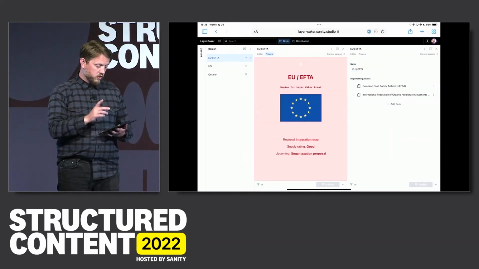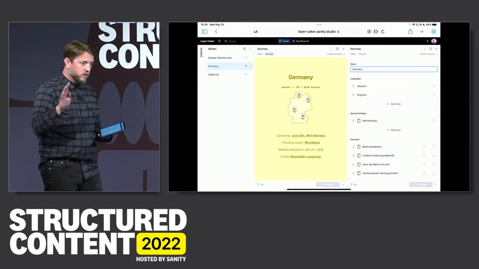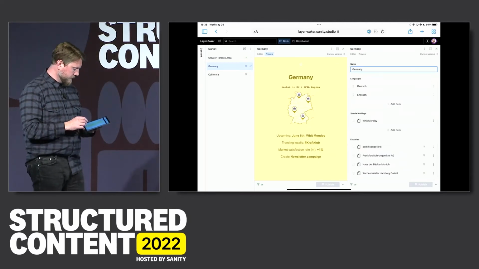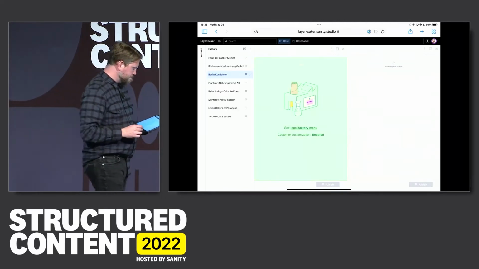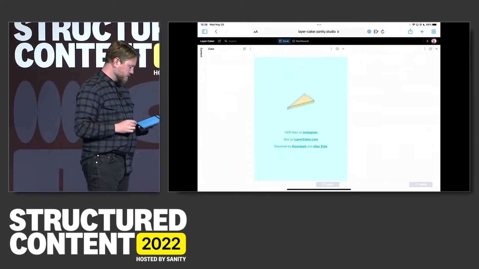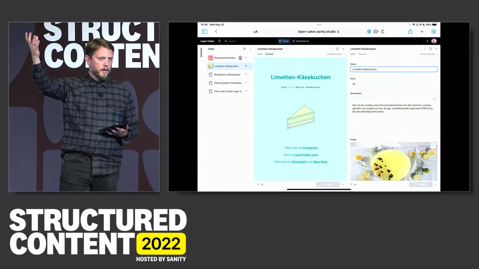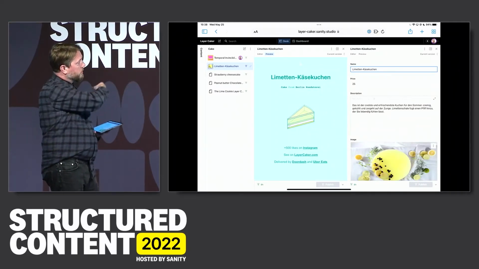once we are established in Germany. Let's go into Germany, actually. 4 factories in Germany. Let's go look at the Berlin one. And let's take a look at one of the cakes in Berlin. You'll notice now that I'm navigating down the same hierarchy I came up in America. And the structures are all the same.